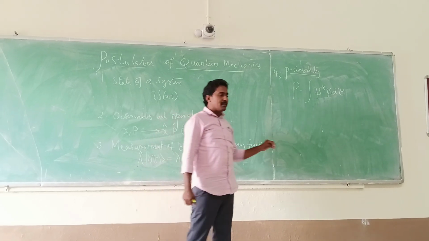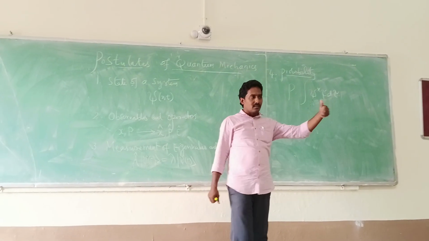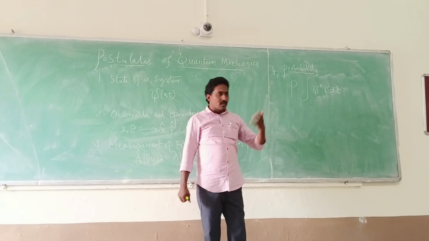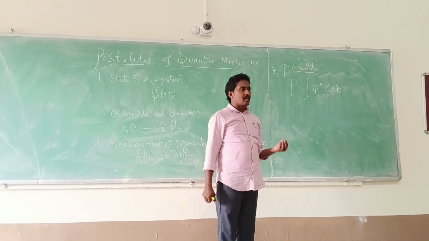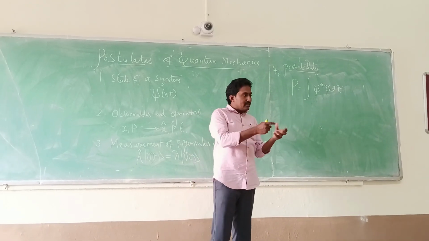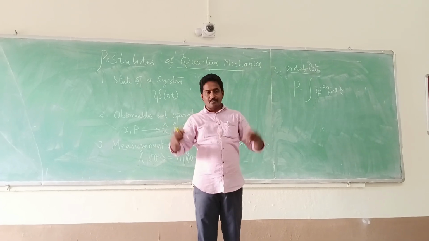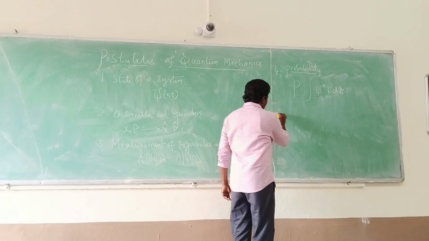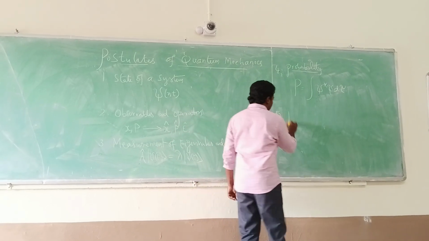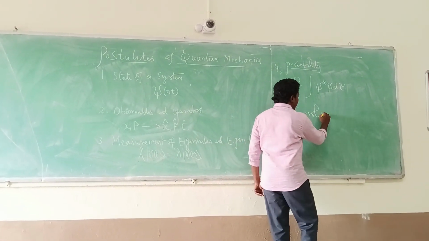So it finds the particle position in the given volume element dτ. dτ means dx dy dz, which is three-dimensional. Once you find the state of a particle as a state ψ in a given dτ, now what is the state of the system at any later time t? Then comes the fifth postulate of quantum mechanics, which is known as the time evolution of the system.